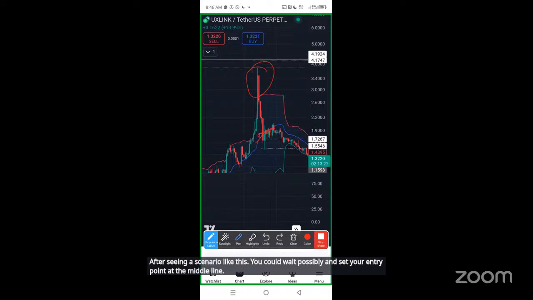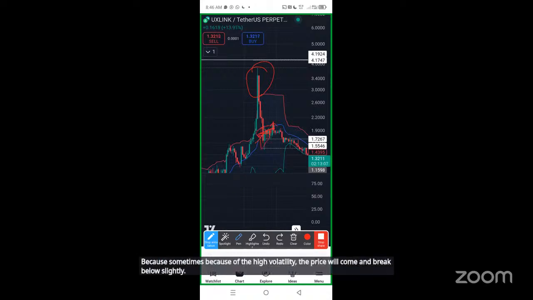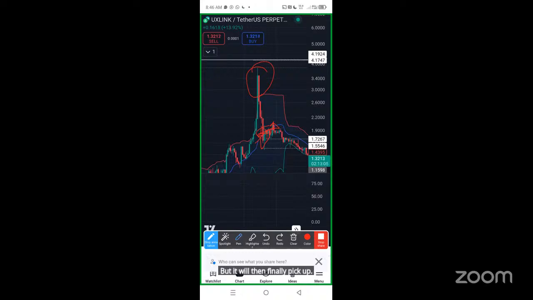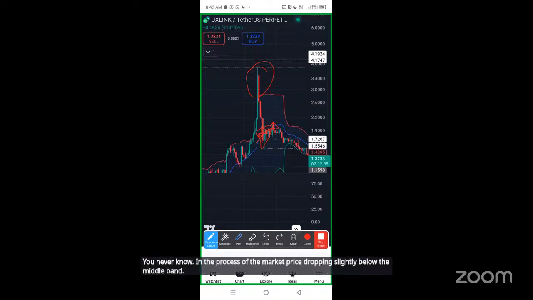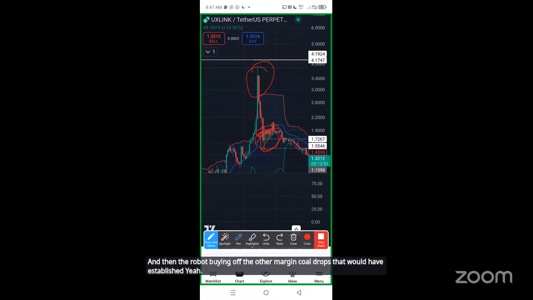But as you set your preset at the middle line, try to create provision for margin call drops, at least something about 2 to 3%, because sometimes, because of the high volatility, the price will come and break below slightly, but it will then finally pick up. So it is very important to do that. You never know, in the process of the market price dropping slightly below the middle band, the robot buying off the other margin call drops that would have been established as a result of taking advantage of this area below the middle line,